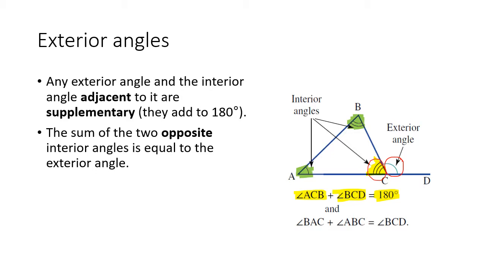So we can put these two ideas together and see that the two opposite interior angles, so that is angle BAC, which is this one here, and angle ABC, which is this one up here, must add up to the same value as the exterior angle BCD. So this just gives us some tools to work with, where we can now start to perform some more calculations